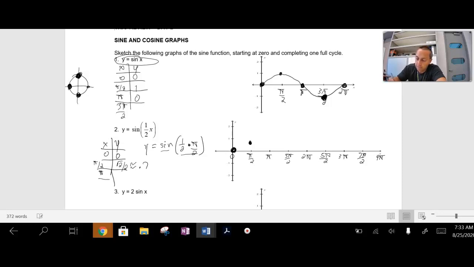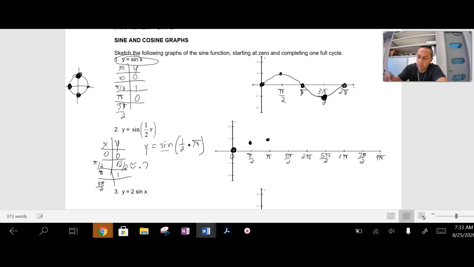Then we go to pi. And then what I was showing you here a minute ago, we want half of pi, which really then is pi over 2. The y coordinate at pi over 2 is our 1. That's what we had done in the previous graph. So now we're up here to 1. And then if we do 3 pi over 2,